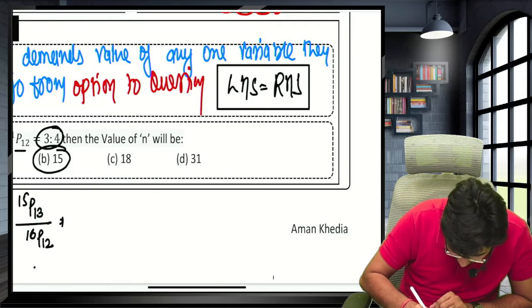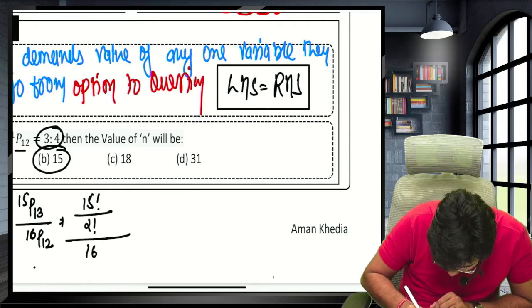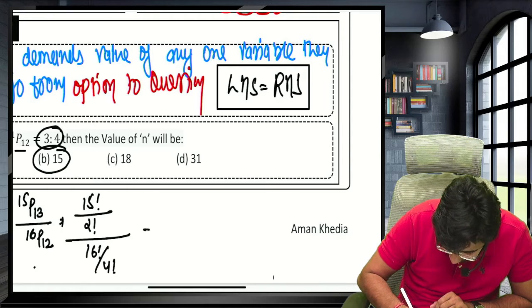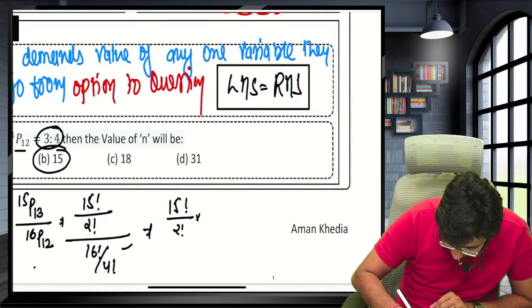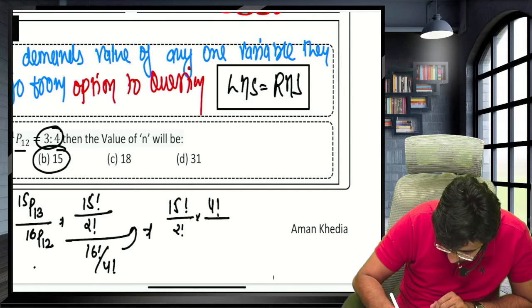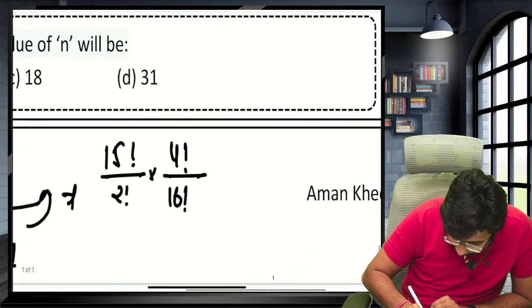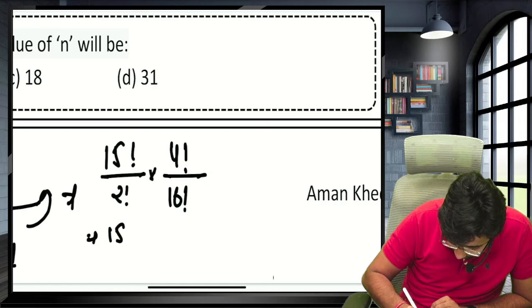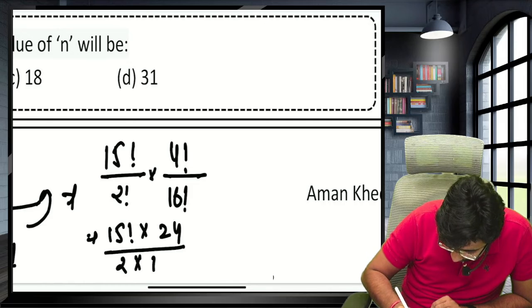Sir, n factorial upon n minus r factorial. So guys, this will be 15 factorial divided by 2 factorial. If you take this above, this will be the reciprocal, 4 factorial upon 16 factorial. So guys, how will you solve this? This will be 15 factorial into 4 factorial, which is 24, divided by 2, and this will be 16 into